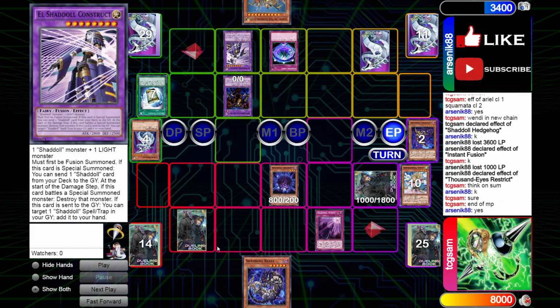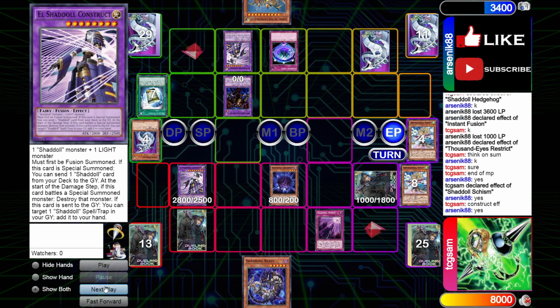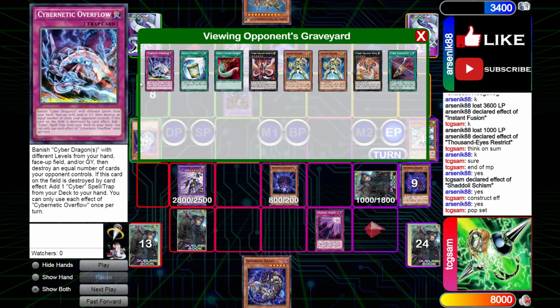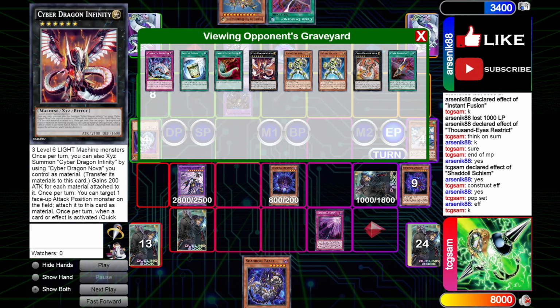He sets Overflow. This is a misplay on my part, what I'm about to do. I make a construct. I got a little greedy and just used construct to send Dragon. I was thinking in my head, even if it's Overflow, what could he possibly add? But I just shouldn't have popped it at all, because at this point his overflow was dead regardless,